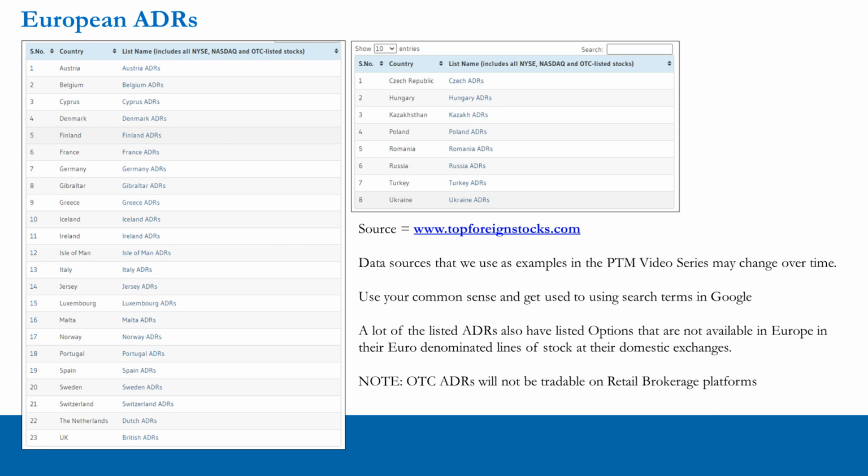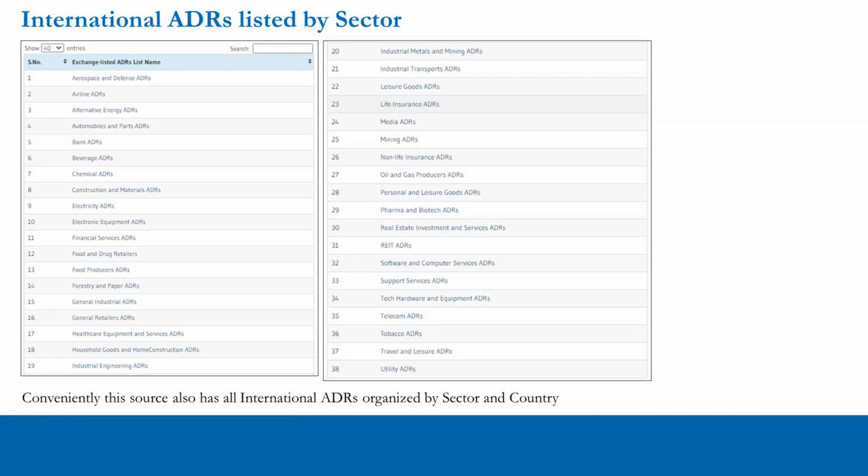Now, this particular source, topforeignstocks.com, conveniently also has international ADRs listed by sector as well. So you can go into each sector and look at all of the international ADRs, not just Europe, but all international ADRs listed by industry sector. So that's very useful for us as traders and portfolio managers